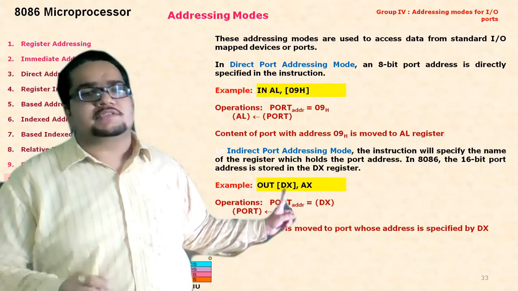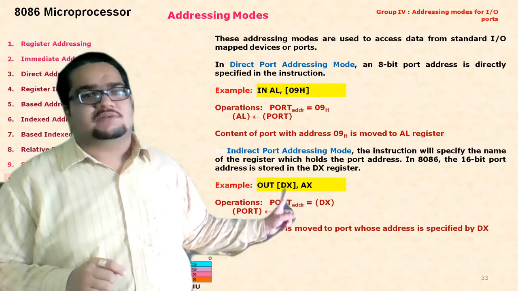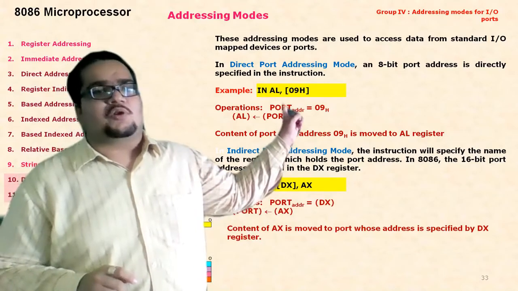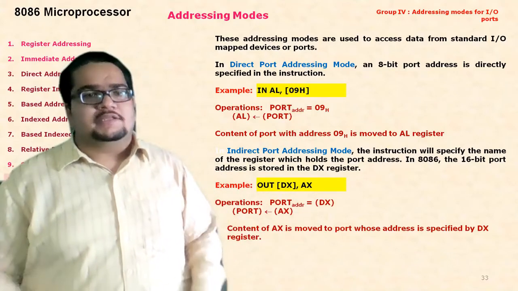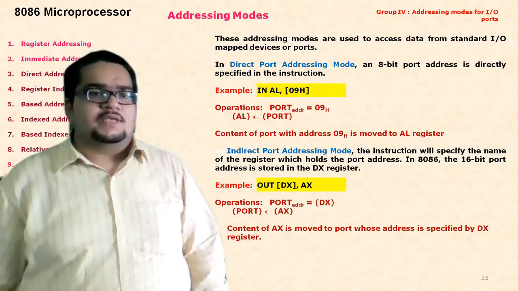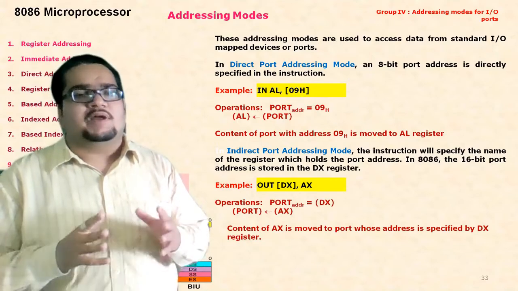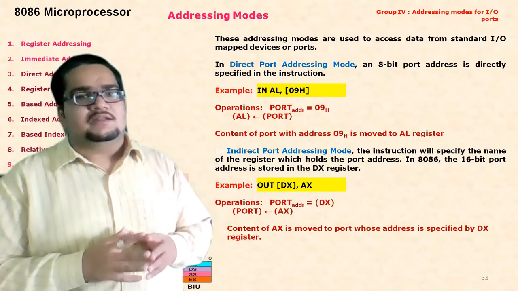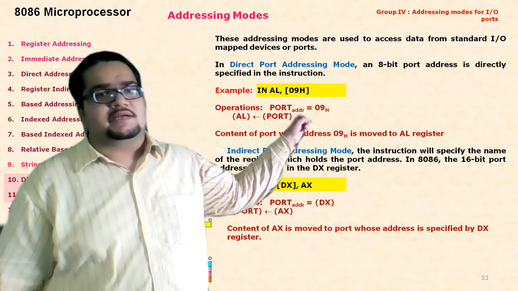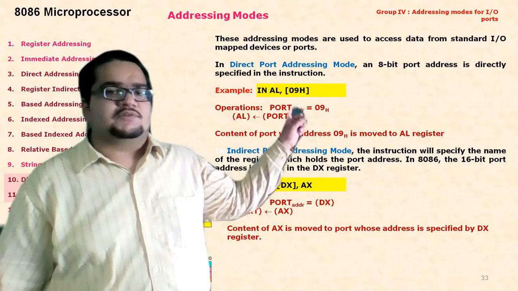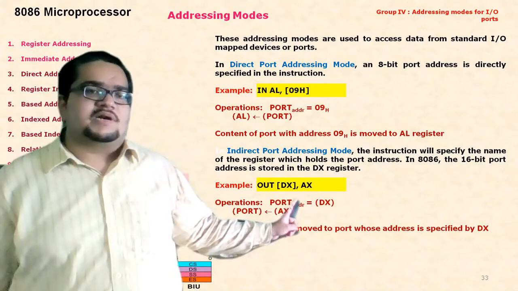That register actually contains the location address of that particular port, or port address we can call that one. So we can write another example of IN instruction in the indirect addressing mode. Suppose I write IN AL, [DX]. There I am telling that the DX register contains my input port from where the data has to be moved into AL. Whereas in the previous instruction, the address of that port is indicated directly in the instruction itself. So that is the direct port addressing mode, and here is the example of indirect port addressing mode,